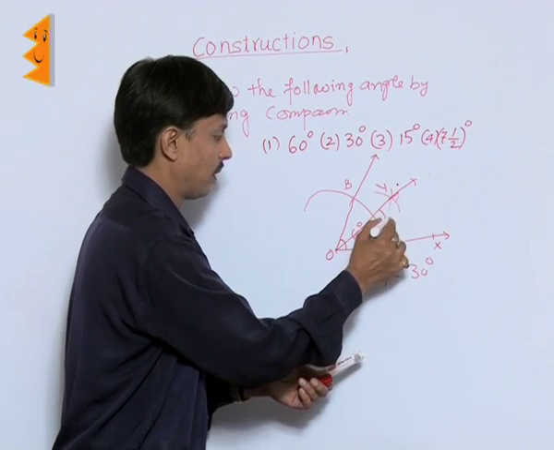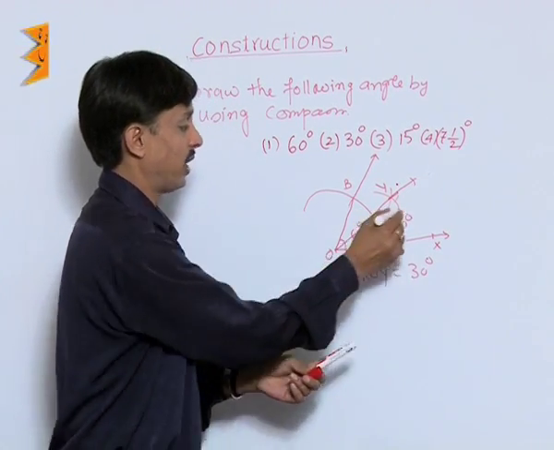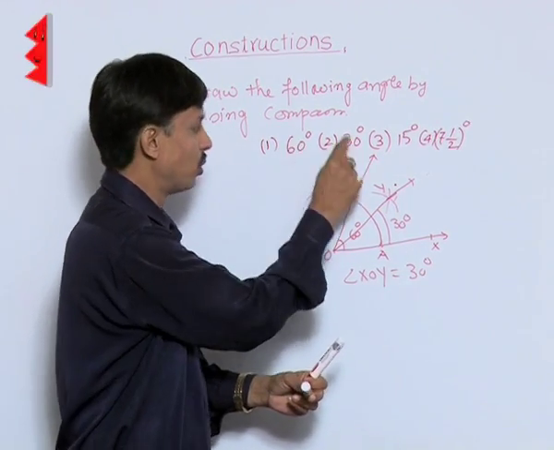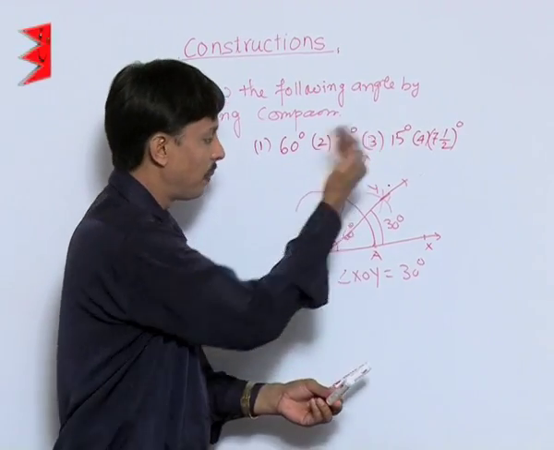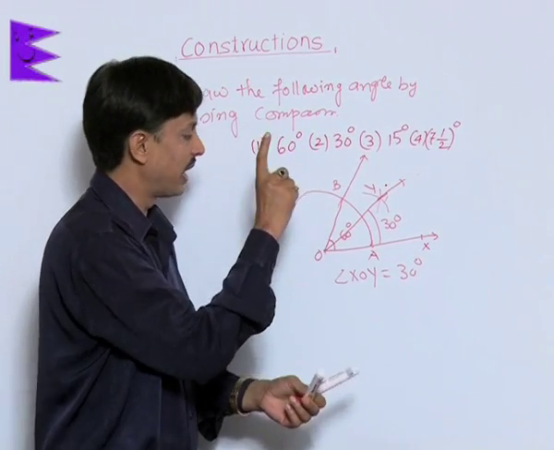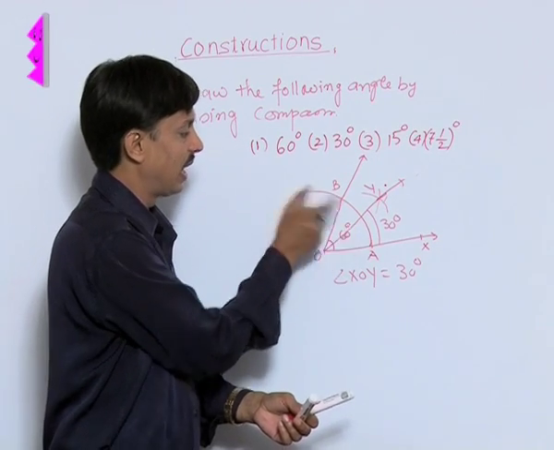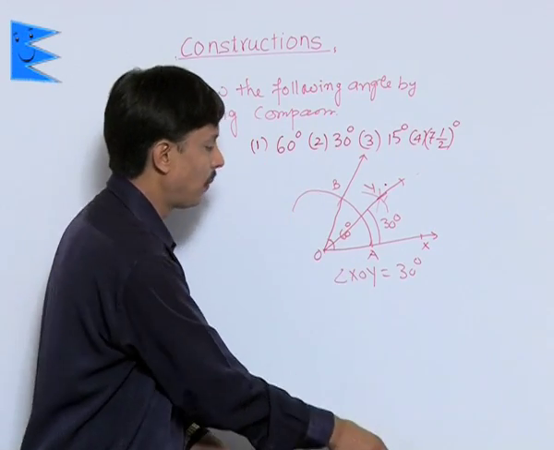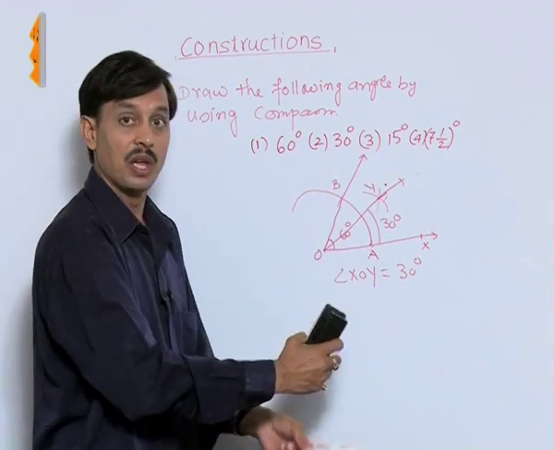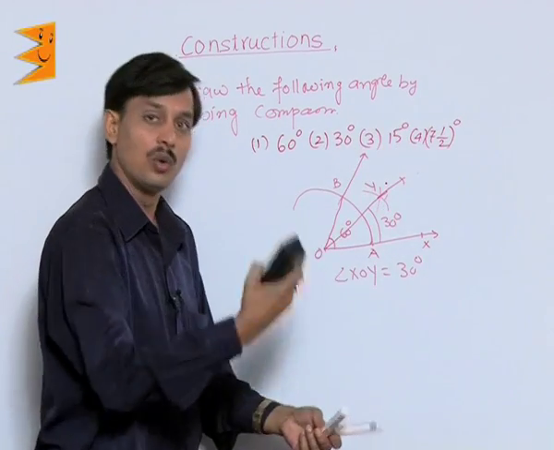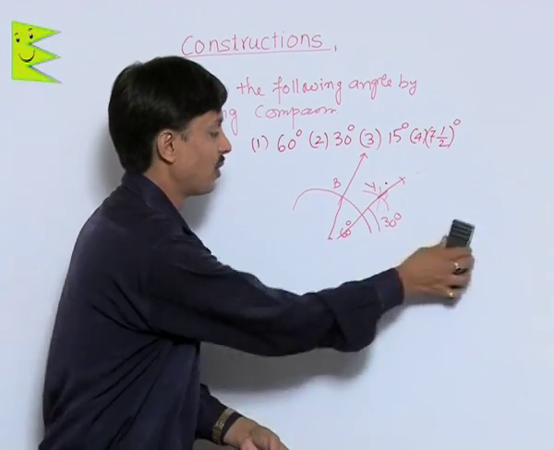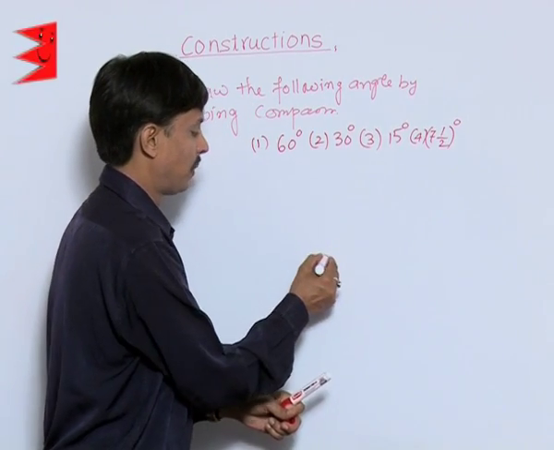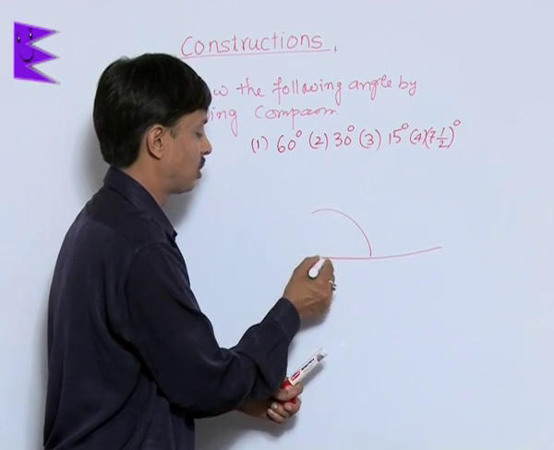So I can say this is the method of drawing the bisector of the angle from 60 to 30 degrees. If you want to draw 15 degrees, whatever I did to bisect the angle of 60 degrees, if you perform the same, you will find the angle of 15 degrees. If 15 degrees is bisected, you can get 7.5 degrees, which I am showing you by drawing a separate figure. The method of drawing the 60 degree angle is very much clear to you.